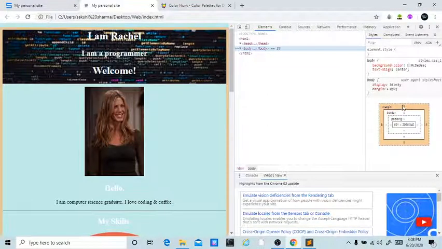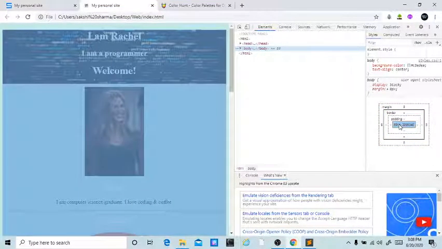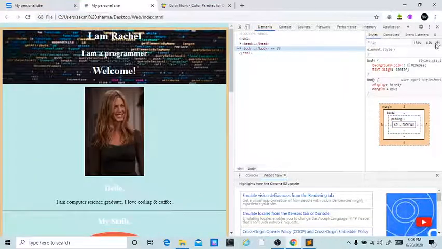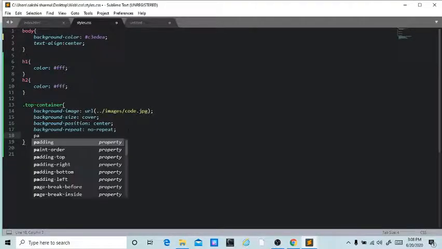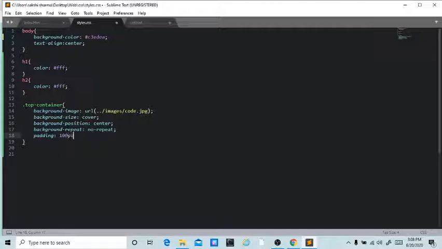I want to give some padding to my website, to my top container. So let's add padding. Head over to styles.css and let's add padding to the top container. It will provide some spacing from the margins.